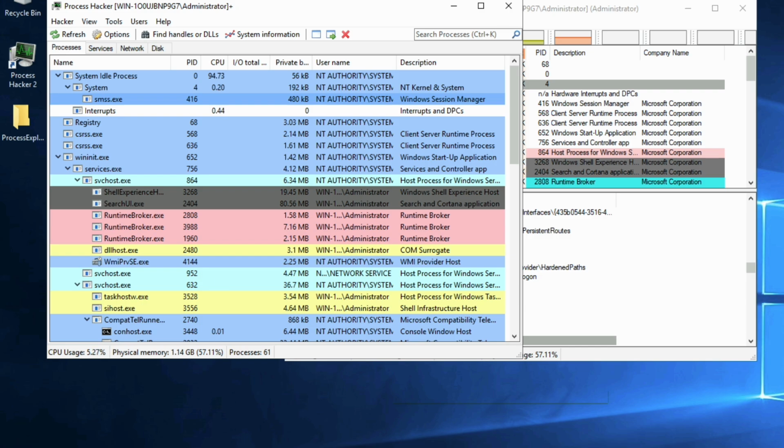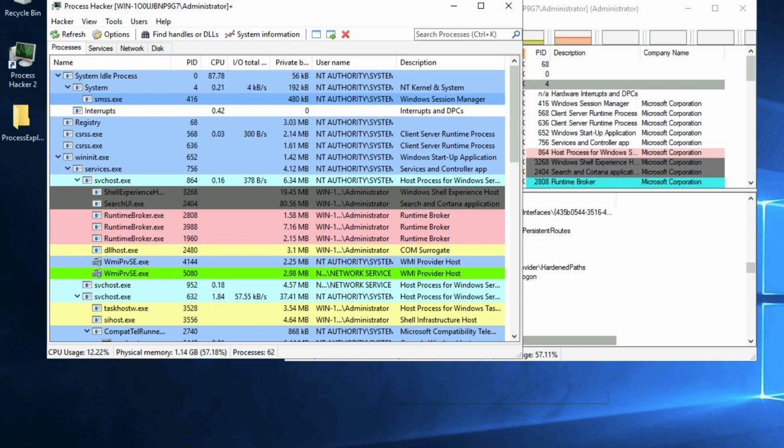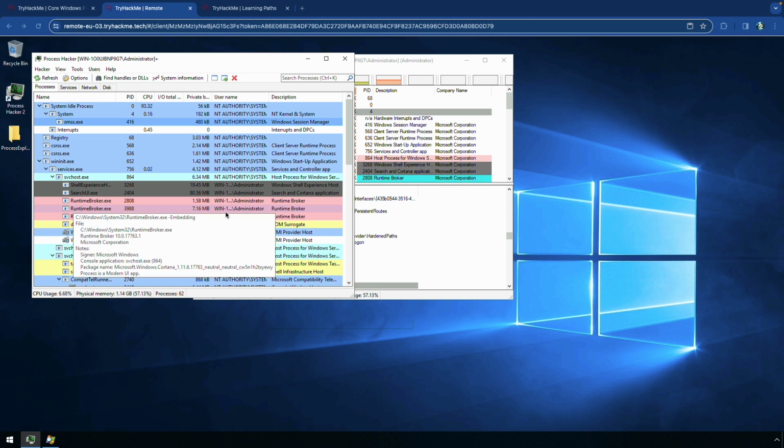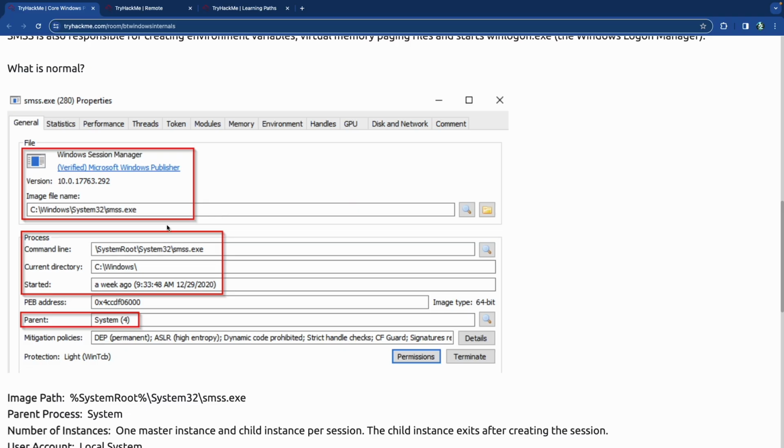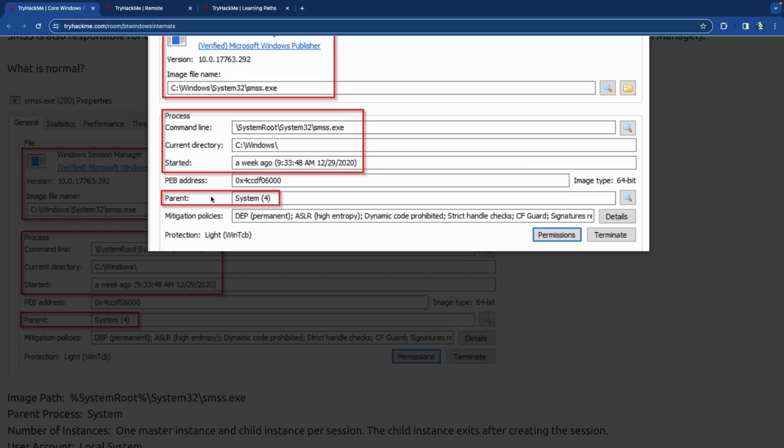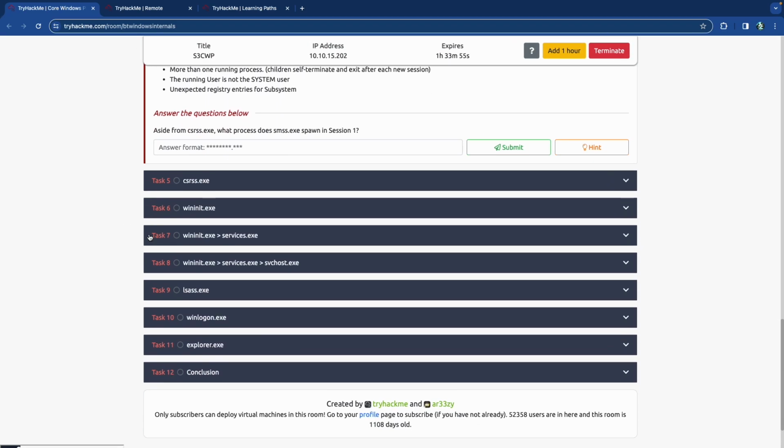So the question that we have here is, aside from CSRSS, what process does SMSS spawn in session 1? And if you remember, session 1 is the user session. So it's going to start winlogon.exe, and that is the answer to our question for this section. So now we're going to move on from the current task that we're in, and we're going to go into the next one, which would be the